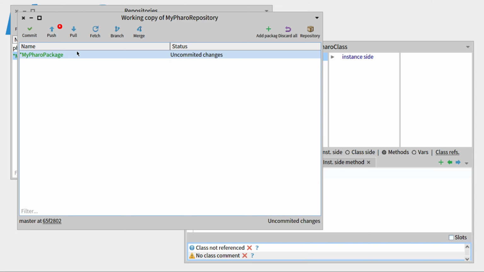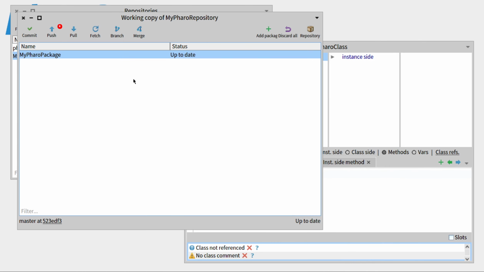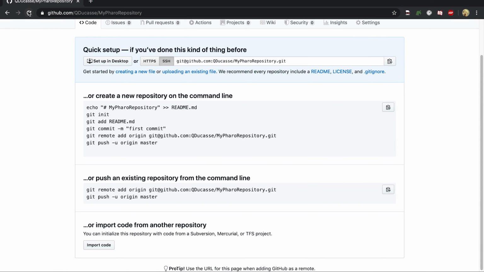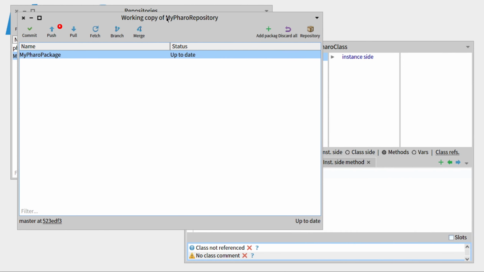So what you can do is press commit. So go over there and press commit, and what we'll do is write a comment. So first class my Pharo class. So we'll say commit, OK. And now what you can see, since the beginning we've got this small red dot on the top right corner of the push button, and this means that for now our GitHub package, if I refresh the page, is still empty because we have not pushed anything to it. So we've made all the changes in local in our working copy. So what we'll do is push.